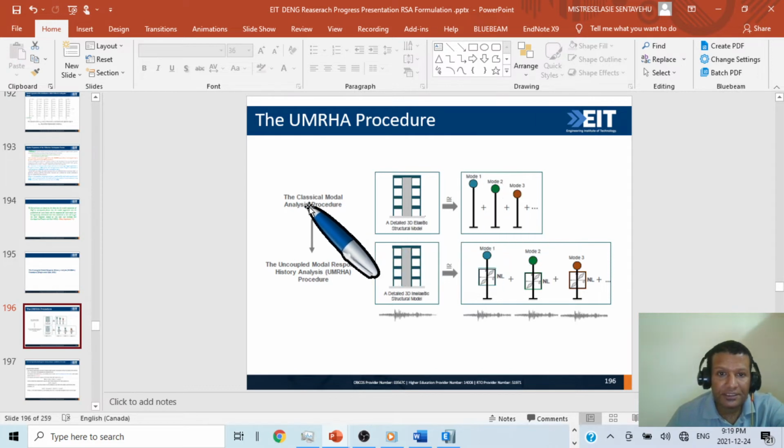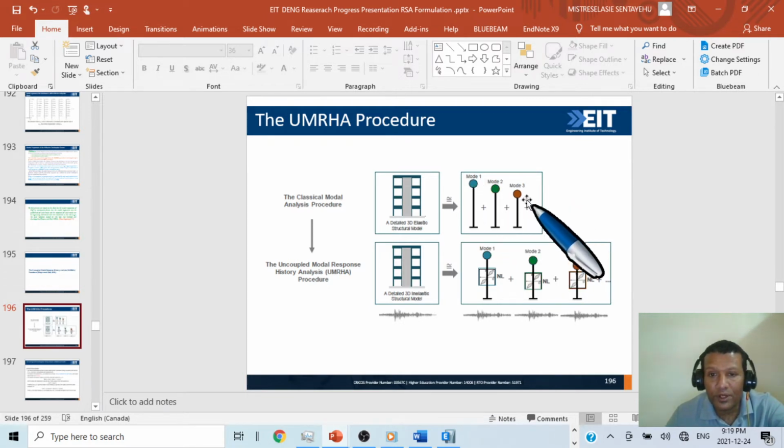Then let's see. The UMRHA procedure: this is the classical modal analysis procedure. The same is true for the uncoupled modal response history analysis, UMRHA procedure. Instead of a linear single degree of freedom system, now we are going to use a nonlinear single degree of freedom system. As you can see, we will discuss this one, because we will perform